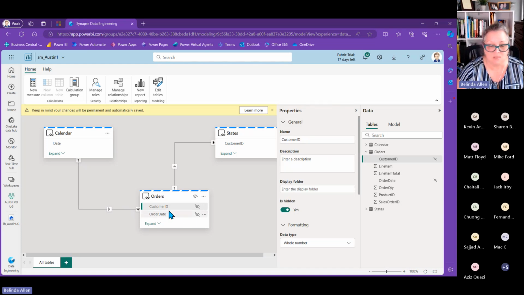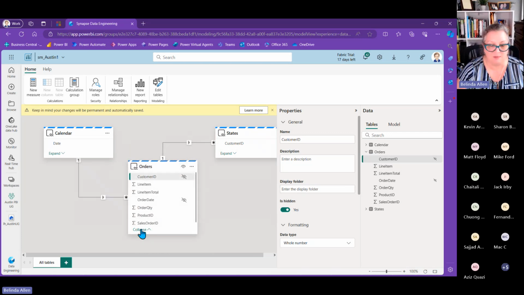Also, while we're here, there are some additional things that we can do. I'm not going to get into a whole lot. I could create DAX here, as you can see, my DAX calculations. Here's a good example.